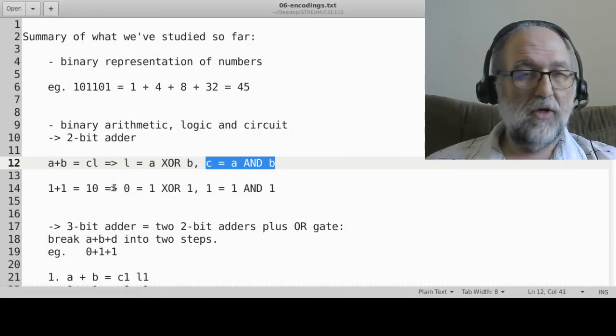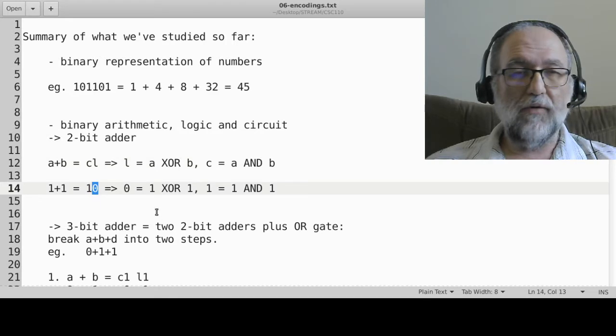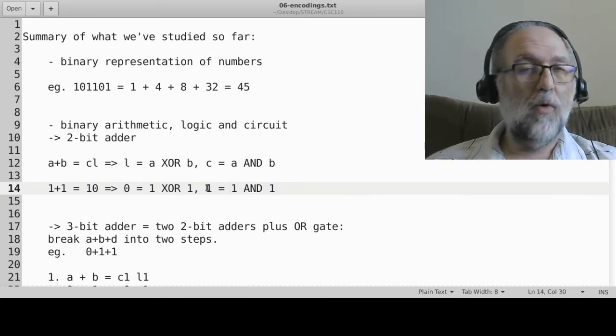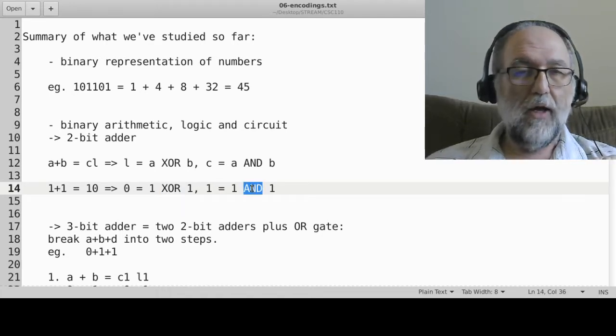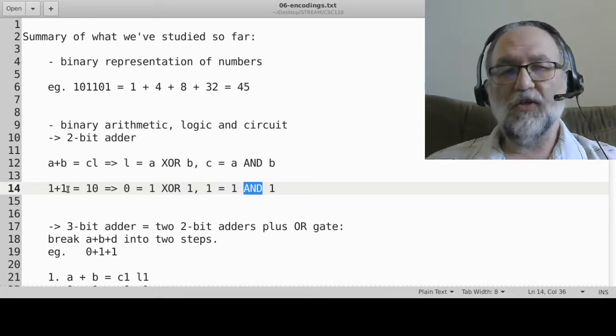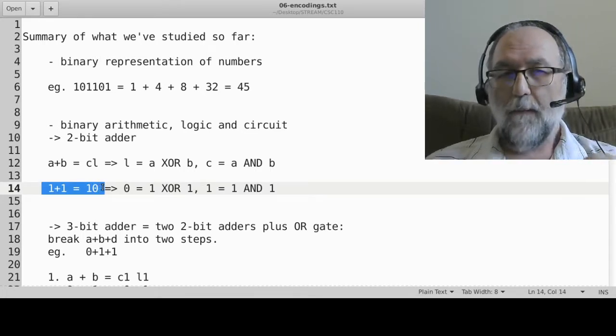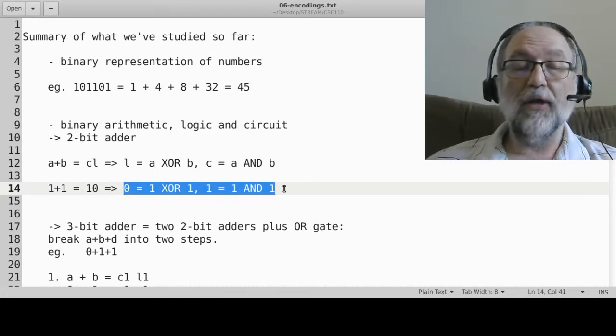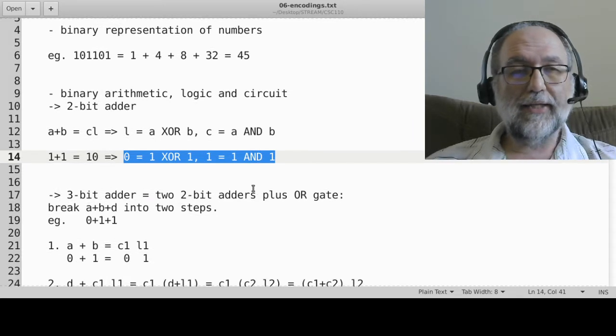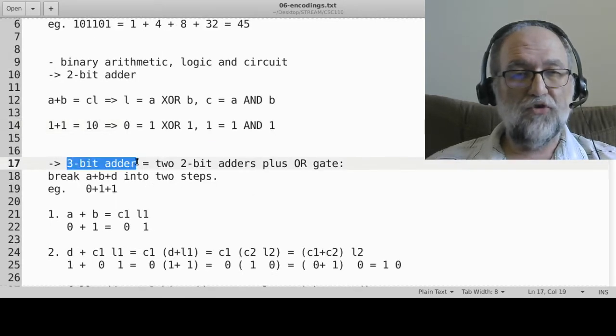And so you can see how that works here. You can see that the least significant figure here is 0, and sure enough, if you do 1 exclusive OR 1, you get 0 as your answer. And the carry is 1, and again, if you do 1 AND 1, you get 1 as your answer. So basically, binary addition is the equivalent of both exclusive OR and AND. So when I first introduced this, I just taught you how to add. But now, not only do you know how to add 2 bits, but you also know the logical operators behind that addition. Then the next thing I taught you how to do was 3-bit addition,